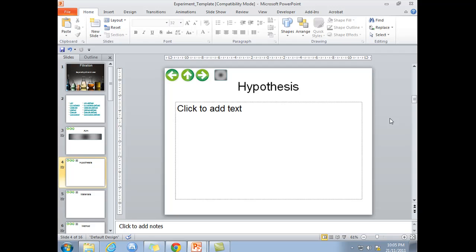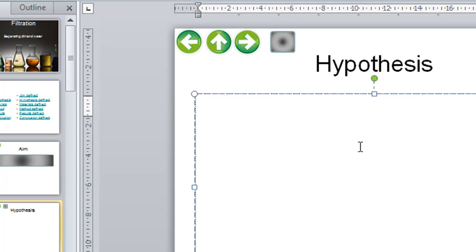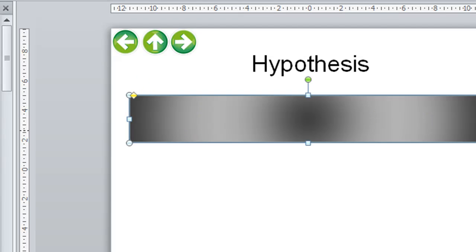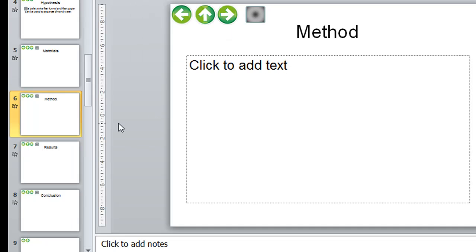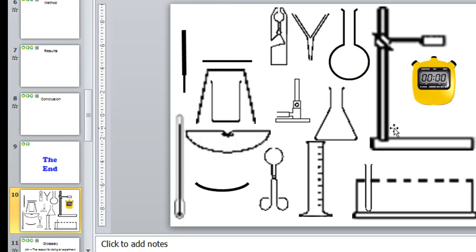And basically the rest of the slides follow the same format. For this slide, click, type in your hypothesis, then cover it with this box, and you're done. The only one that's a bit different is method, which is done as normal, but you might also like to bring in some diagrams. There are some diagrams on slide 10 of pretty common standard apparatus, so you can simply select them by clicking on them